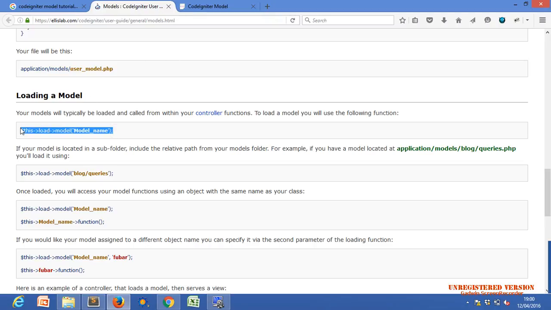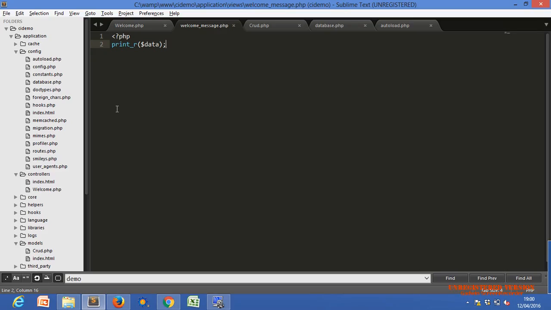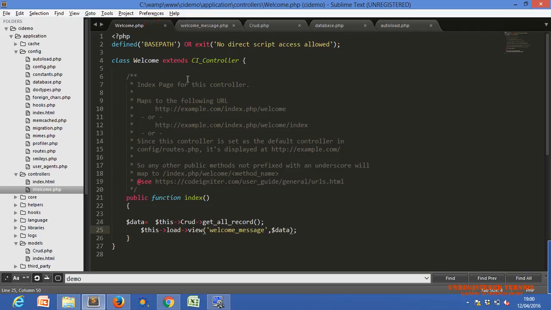By default, actually there is a default model name. We have to load that particular model first in the controller. One second.